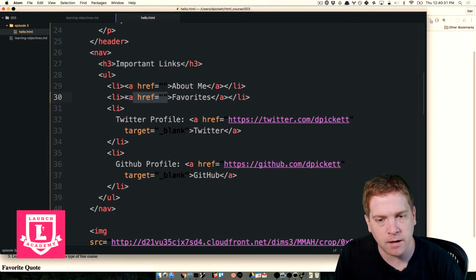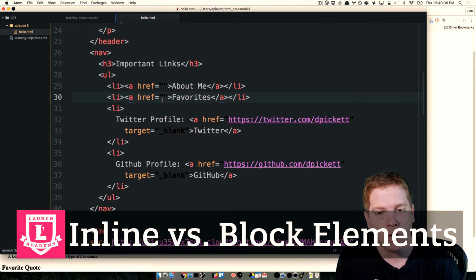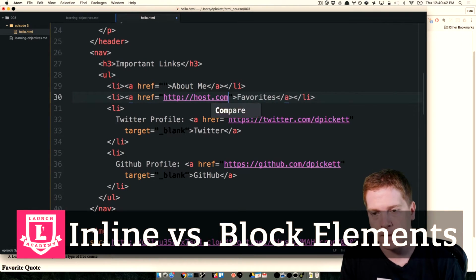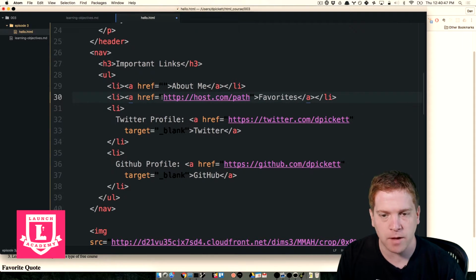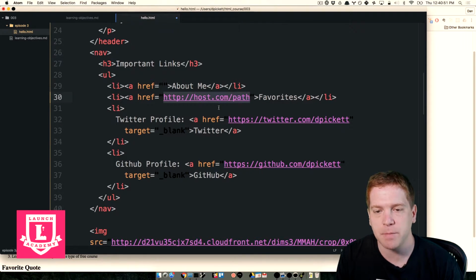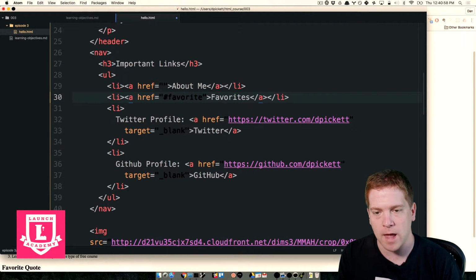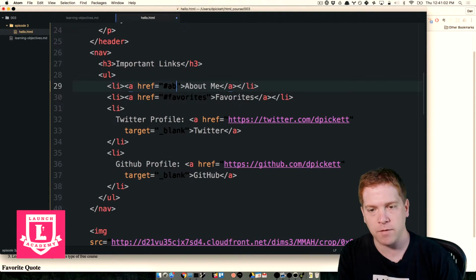So in the previous episode, we used that fully qualified URL where we had an HTTPS or an HTTP followed by the // a host name, and a path, right? In the case of jumping to specific locations on a current document, we're actually going to use a special kind of href known as a location reference. So we're going to say here, we want to point to a location on the page called favorites. And we can do the same for the about